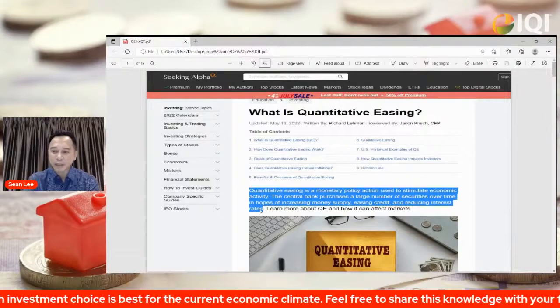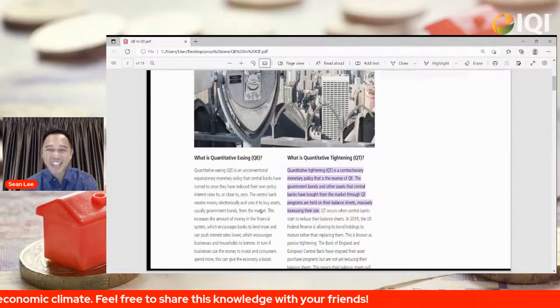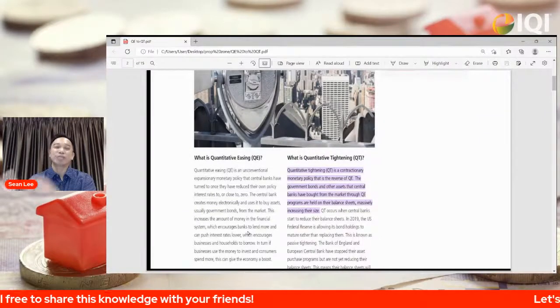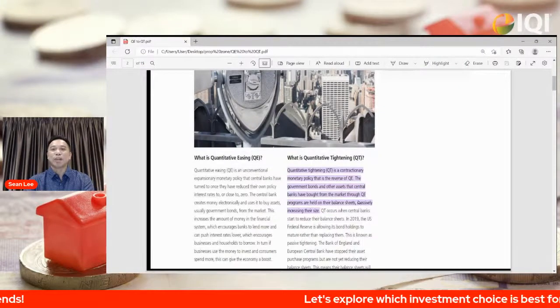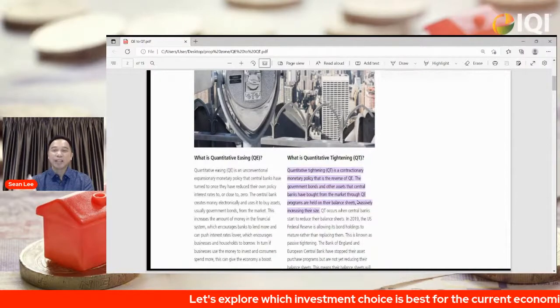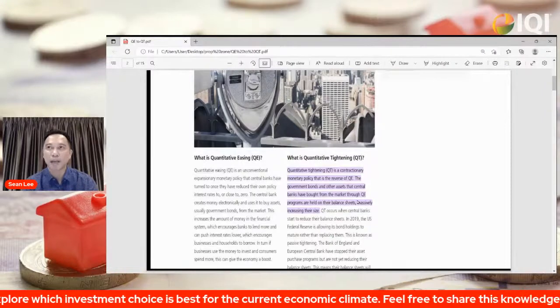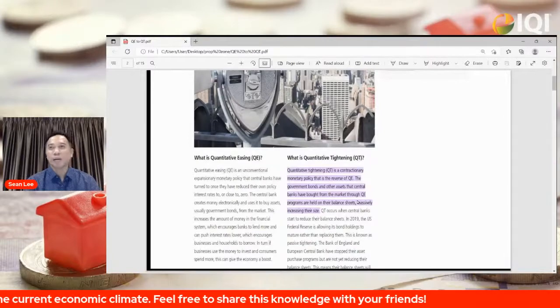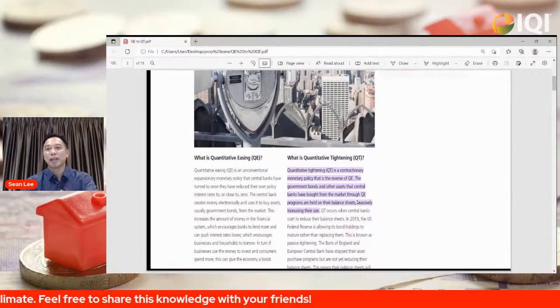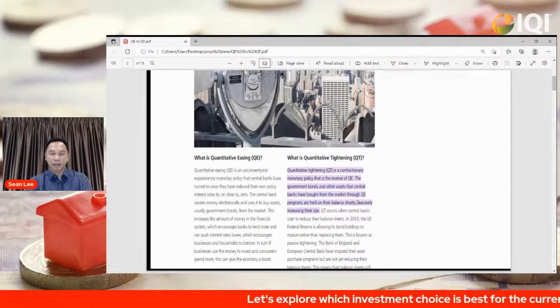Now, since we are moving towards the era of QT, quantitative tightening is just the reverse of QE. So what we are seeing now is that the central bank will start selling aggressively, or if not, they will stop buying. They call this passive tightening. They will stop buying from the market, reducing the money pumped into the market. Or the worst case, they will actually start selling to the market and getting the money out of the market. In this case, it's called reducing the balance sheet of the Fed, the central bank.